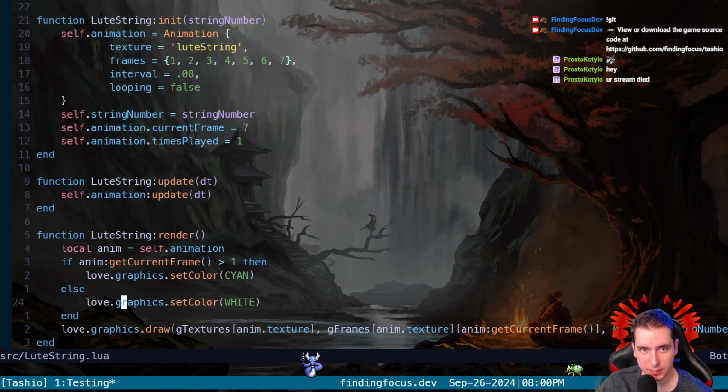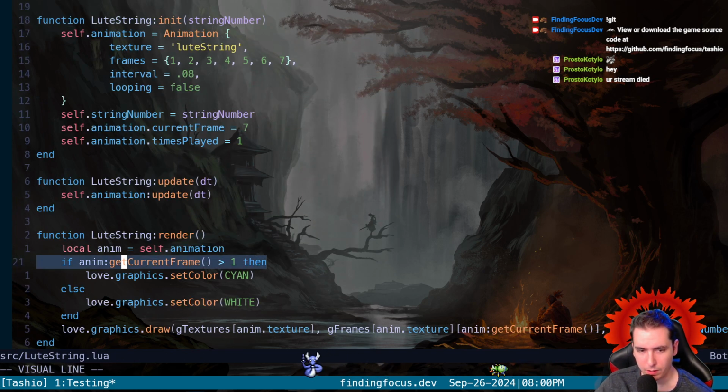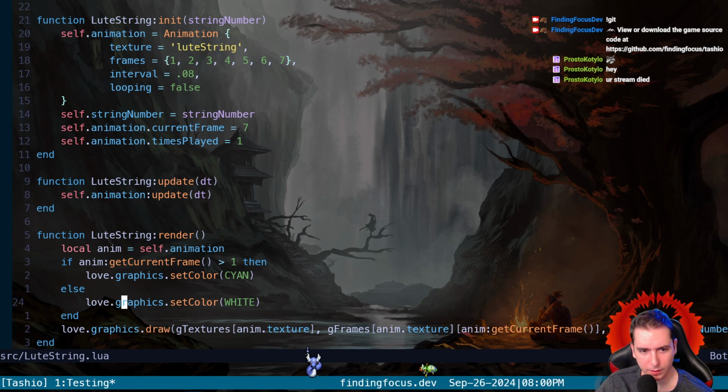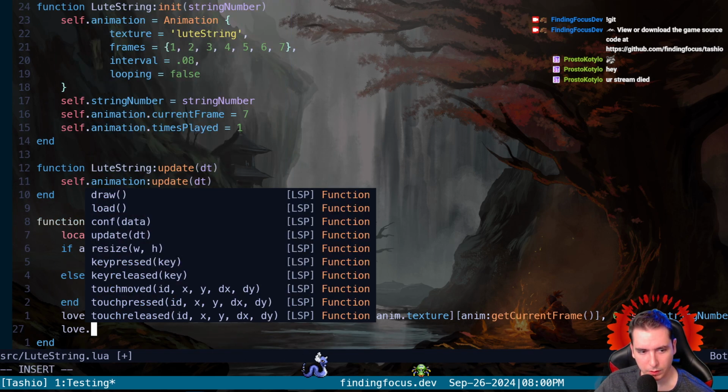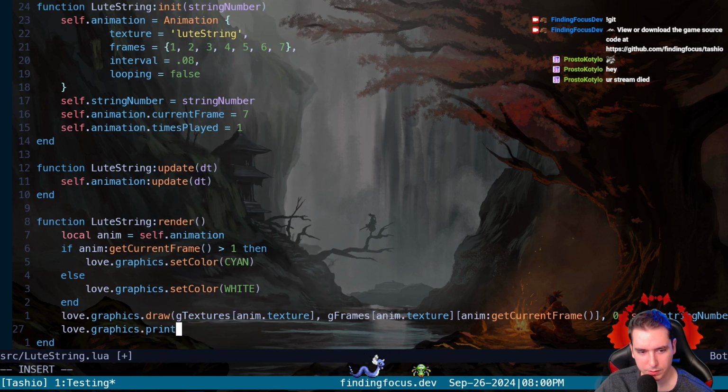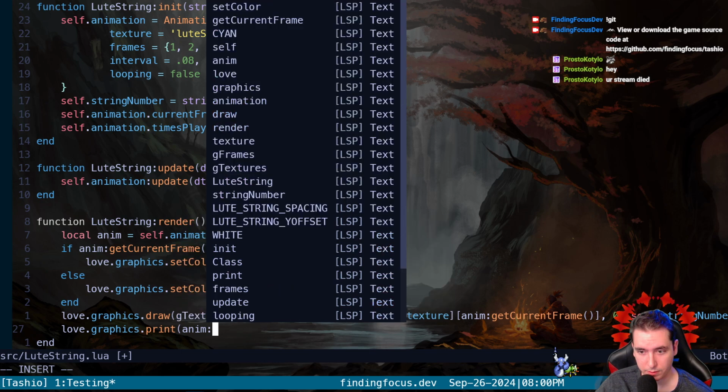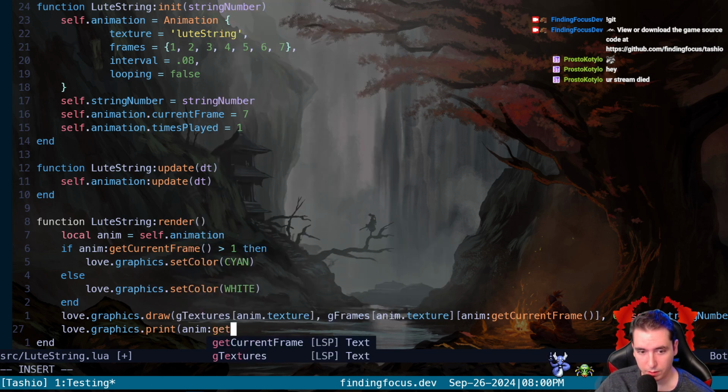Why does that set it to cyan, man? What is the current frame? I'm just gonna print up what the current frame is, just so I can test my assumptions here, because something's wrong and I don't see what it is. So we're gonna print up the frame right here as the get current frame.